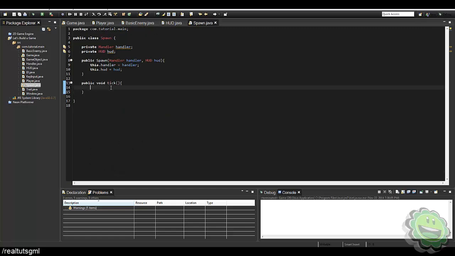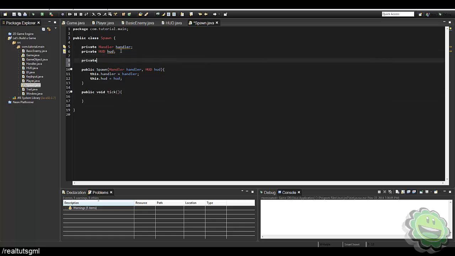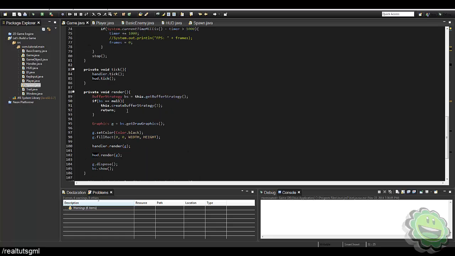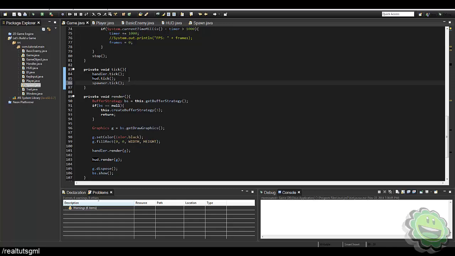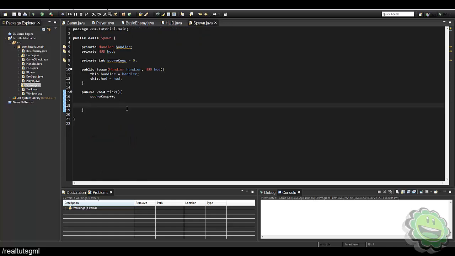Okay, so in our spawn, what we can do is let's create another variable within our spawn class, private int score keep, and we'll equal that to 0. And we're going to increase our score keep the same way we do with our actual score. And in our game class, let's go ahead and in our tick method, spawner.tick. And the reason we're going to do this is because every time score keep gets to 1,000, so we're going to say if score keep is greater than or equal to 1,000,